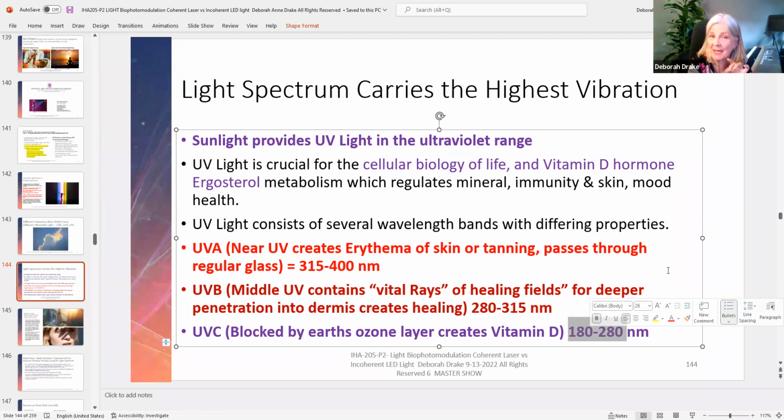So you could say that the UVA is 315 to 400 hertz, that the UVB light for vital rays of healing the deeper skin would be 280 to 315 hertz. The UVC to help your vitamin D could be translated into your body at 180 to 280 hertz. And through that, our Genius program can emit these frequencies that mimic light at those hertz and send it to our light bracelet, which then can transmit light. Okay, so there's kind of like the reverse transposition.